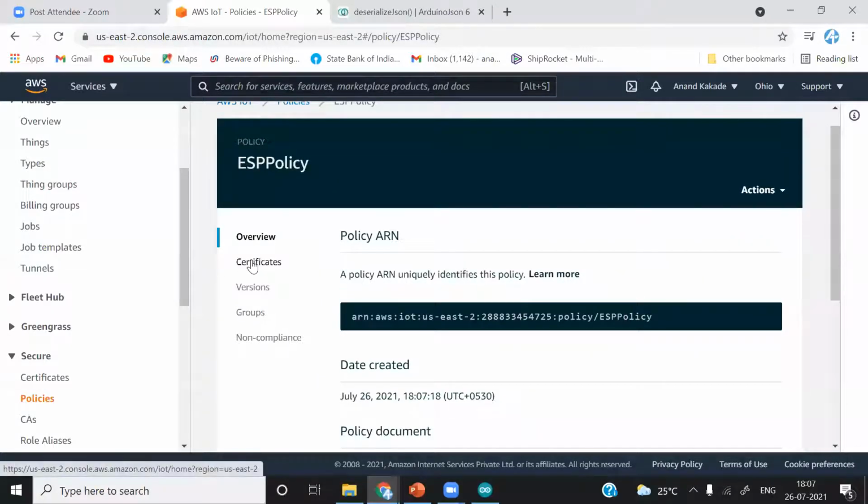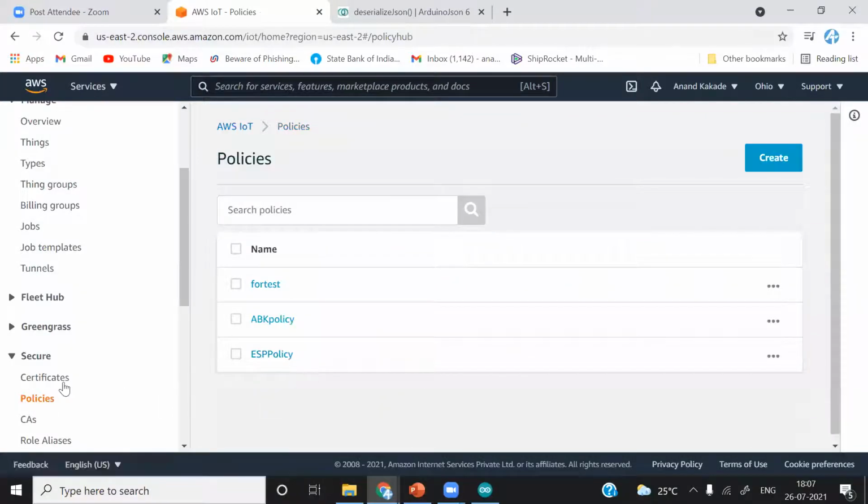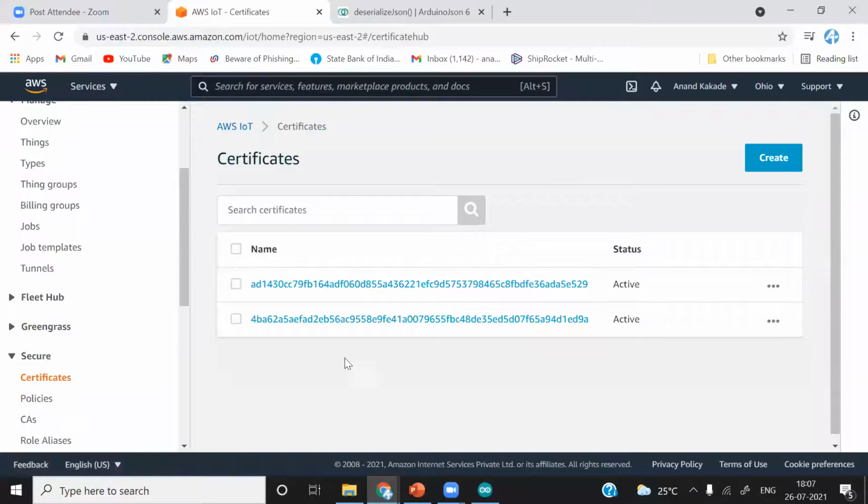Now you can see here certificates. We have not attached this policy to the certificate yet. So that is the reason it is not showing any certificate over here. So after creating policy, go to certificates, and you can see here this certificate. Okay.